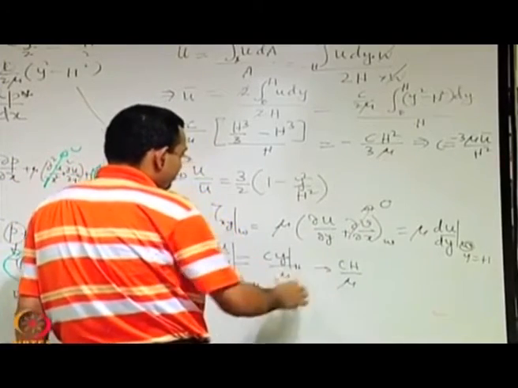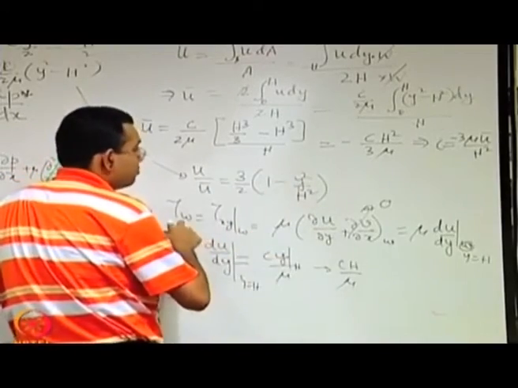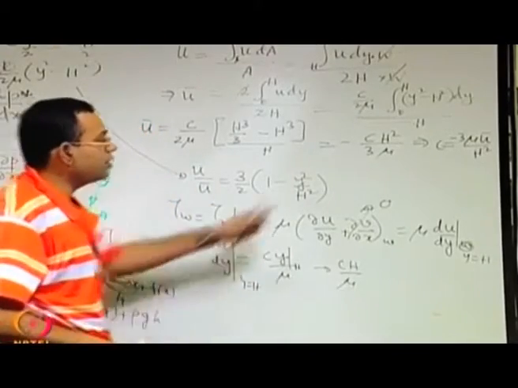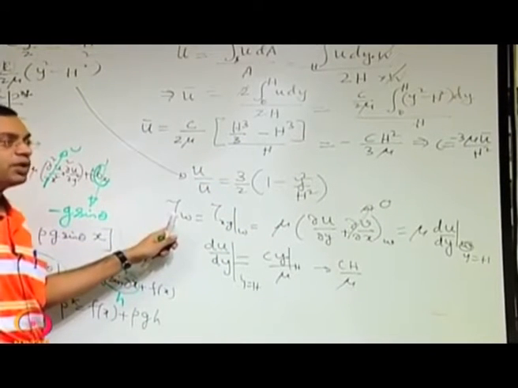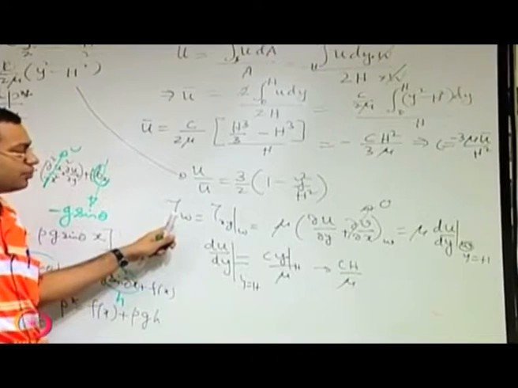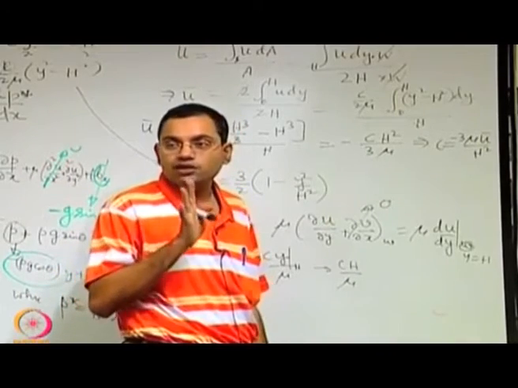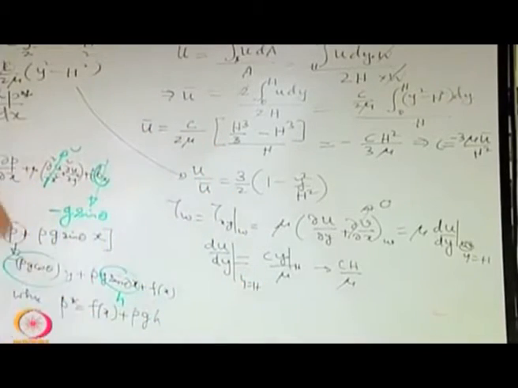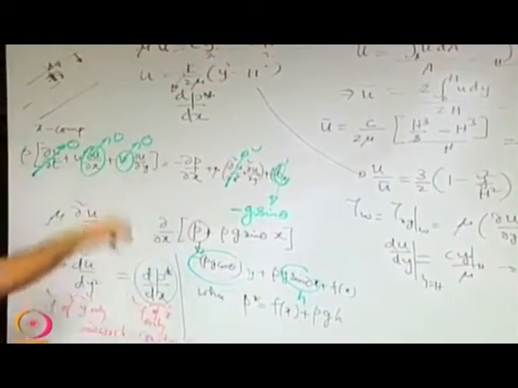So we can write this C in terms of tau wall, or tau wall in terms of u average from this expression. One important thing is we have not substituted this with a proper sign. Remember that when you write tau as mu du dy, then that y is what? A coordinate which is perpendicular to the wall, from the wall to the fluid. So we are considering the top wall here, ideally that y coordinate should have been this one, but our y coordinate is opposite to that.